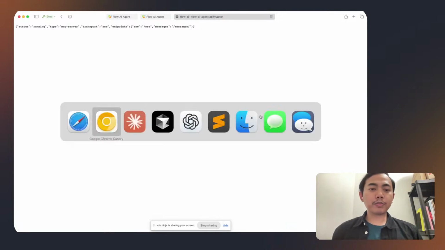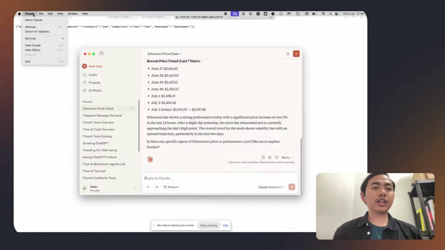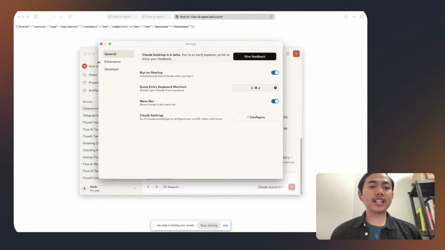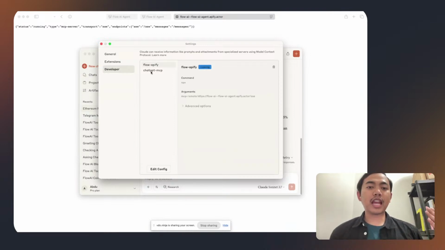So the next thing is I want to open my cloud desktop. I have my cloud desktop open here. To understand, cloud desktop is one of the MCP hosts that we can use. There can also be Cursor, there is Cloud AI, there is also some other custom implementation, and even your library, like a programmable system that you can use to connect with the MCP server. So now you can go to Cloud, go to Settings, and in the settings there is something called Developer. This is where you can connect with MCP servers.